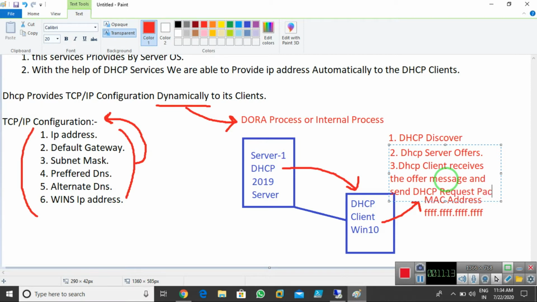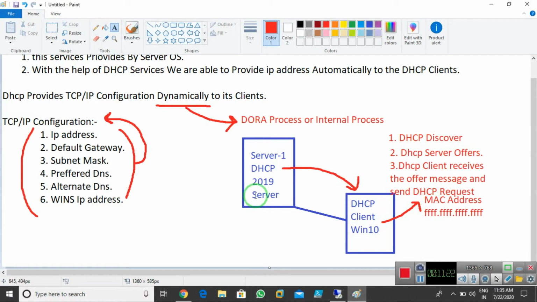So the DHCP server sends its offer, and then the client receives the offer message and sends back the request message that okay, please send me your TCP/IP package. Understood? Now after that, what happens in that case?